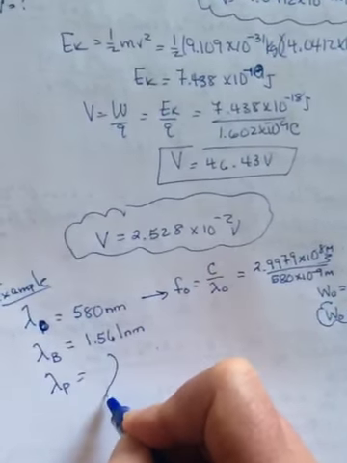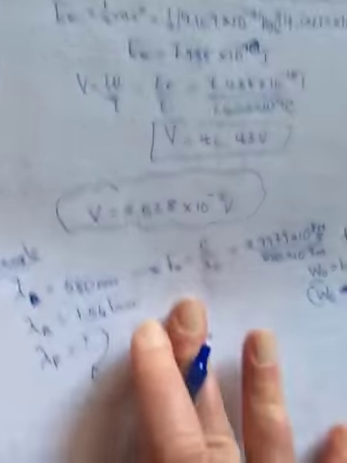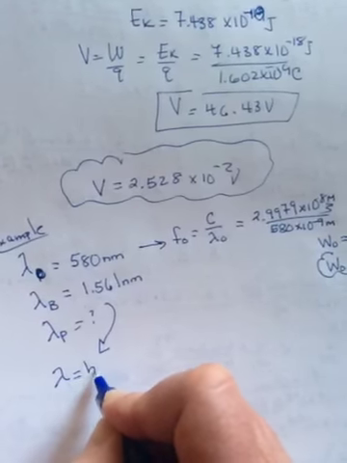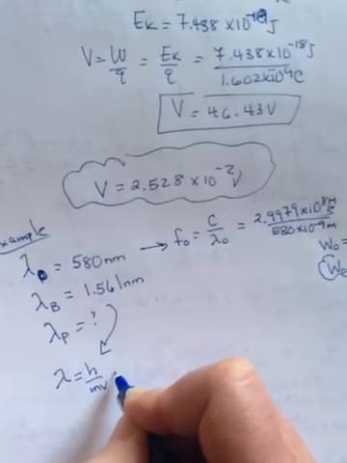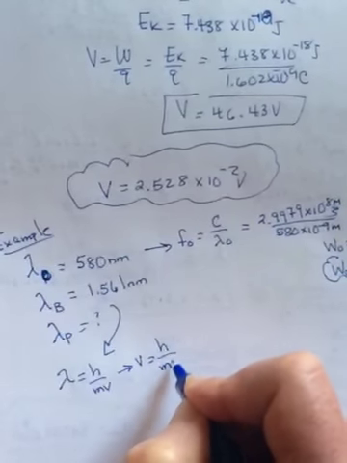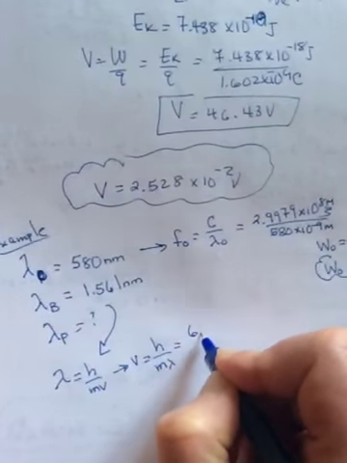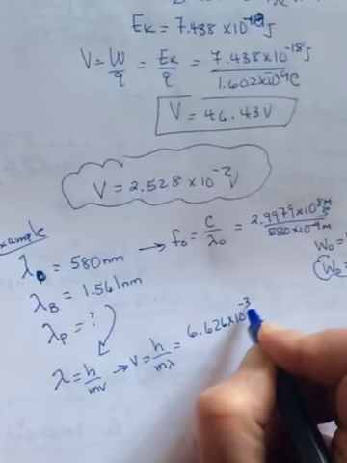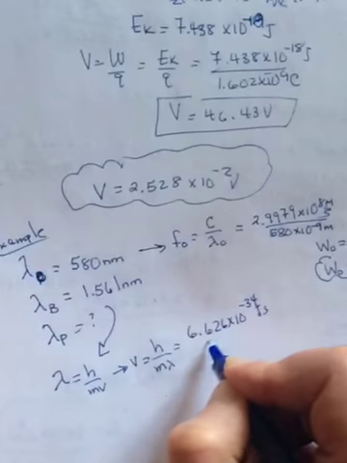From it, we can use lambda equals h over m v, and we can find v. So v equals h over m lambda, which equals 6.626 times 10 to the negative 34 joule seconds